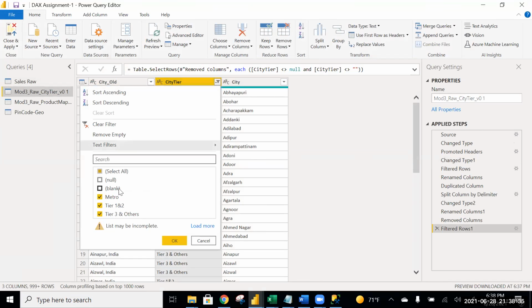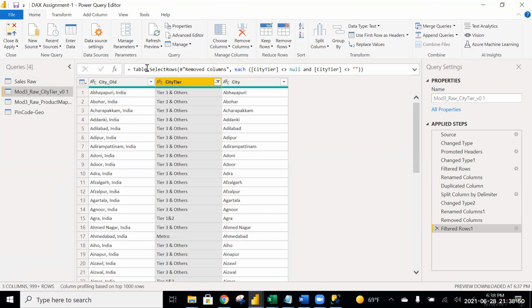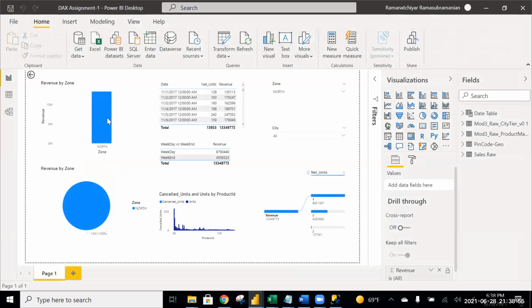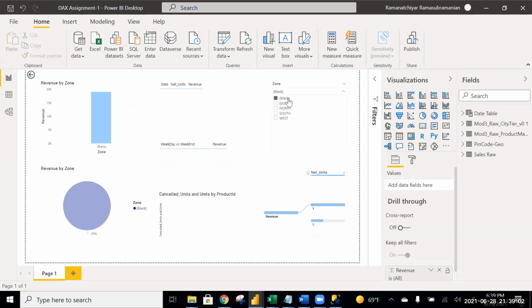Can you click on load more? Just click on load more once. I just selected Metro, Tier 1 and 2, Tier 3 and others, but in the chart I'm getting the blanks also. When you click on this, what do you get? So charts are going blank, right? Nothing is coming up.